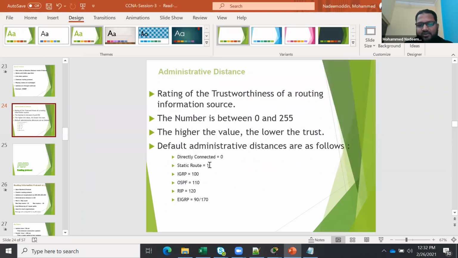So static route is 1. If you are using OSPF, it will be 110. RIP 120, and EIGRP this one. So this is administrative distance. If you are using all the protocols, the route with the higher distance will be at the bottom, so your default route or static route will be down. The lower will be on top of the routing table. Okay, administrative distance is required there.